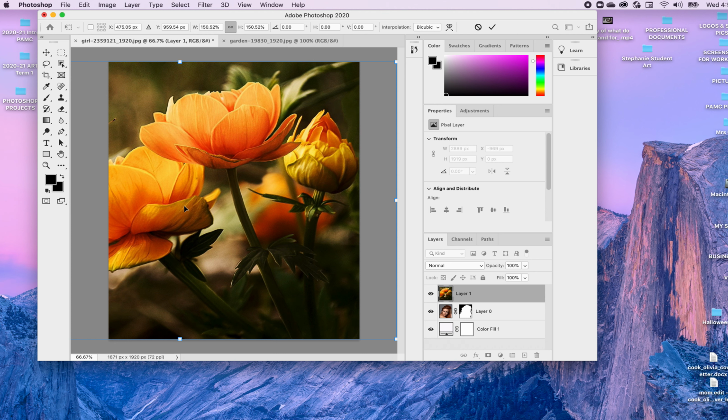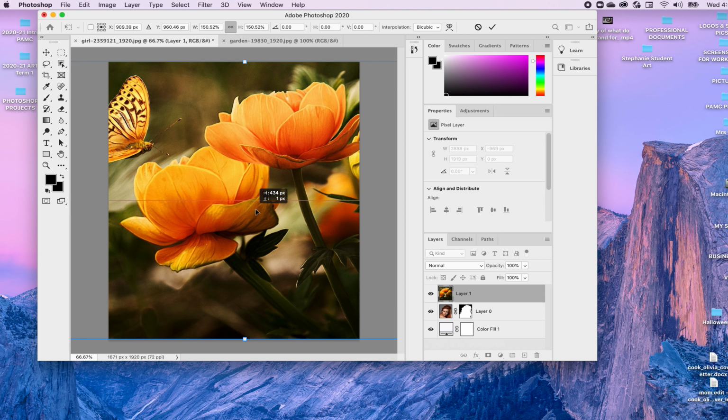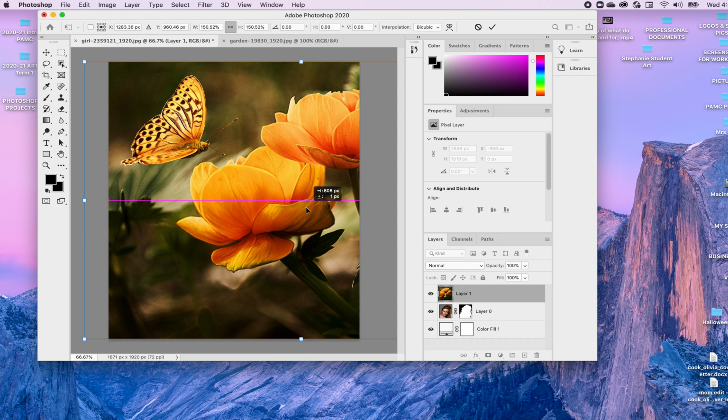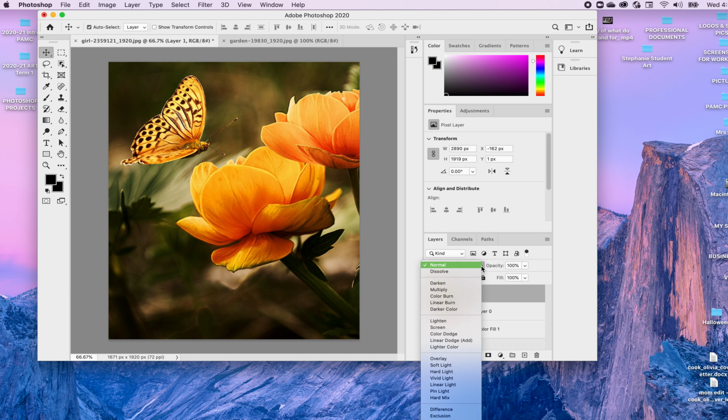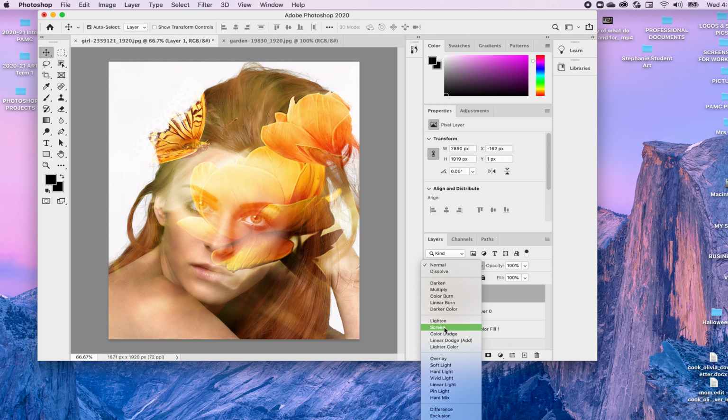And if I only wanted the flowers to be part of her, that would be fine, but I'm pretty sure I want that butterfly to be part of it because my quote sort of includes a butterfly. I'm going to click the check mark right now. Now, believe it or not, doing one thing, and that is going to my blending modes and selecting a blending